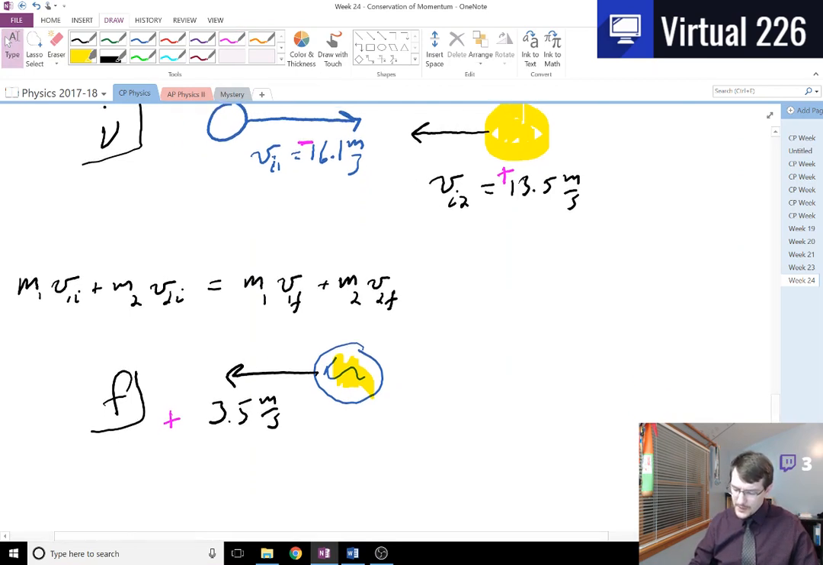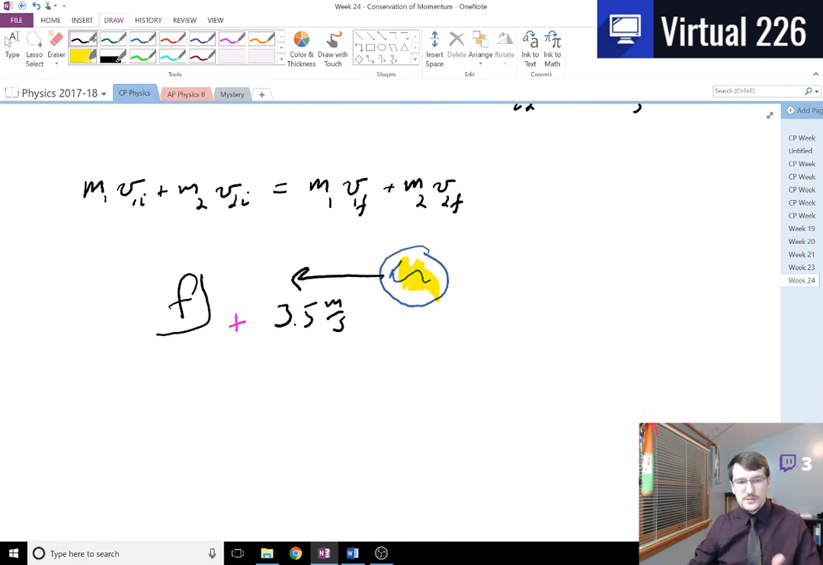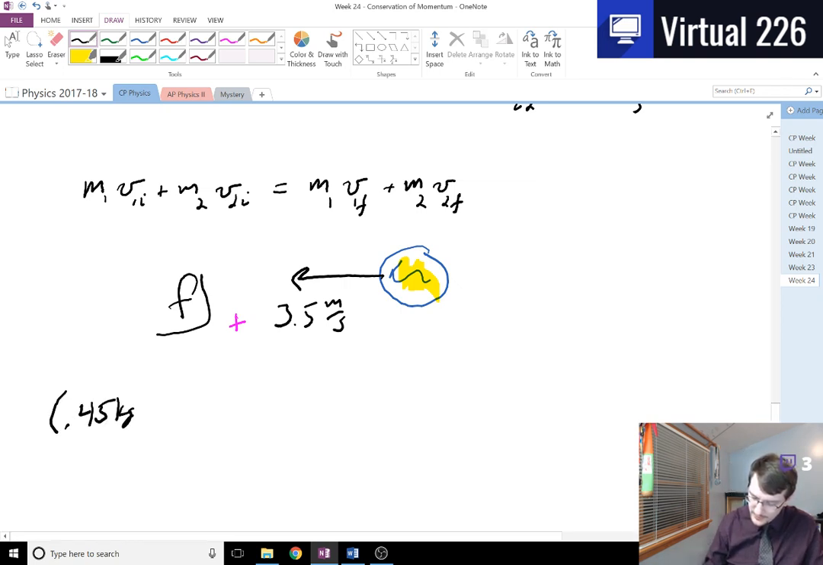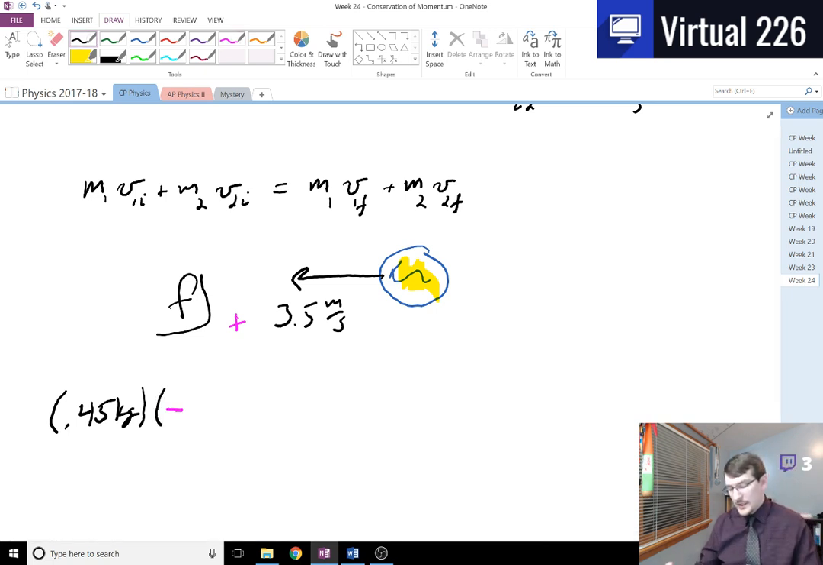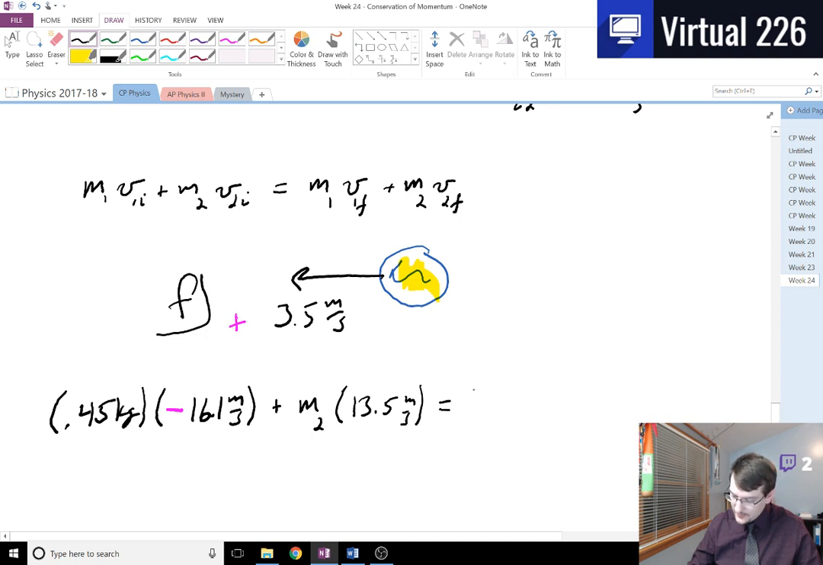So if we're starting this problem out, we could just plug a lot of stuff into this, it's really just entering numbers at this point. We know the mass of the first snowball, 0.45 kilograms, times our negative, because we're going in a negative direction, we declared that, 16.1 meters per second, plus some unknown mass of the second object, times its initial velocity, which was a positive 13.5 meters per second. This equals the mass of the first snowball again,